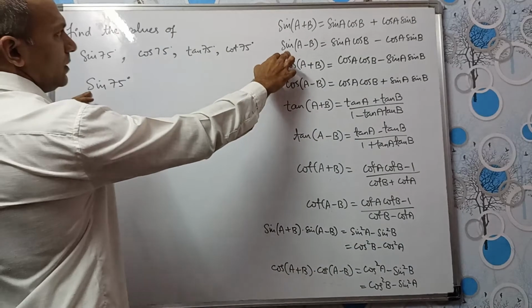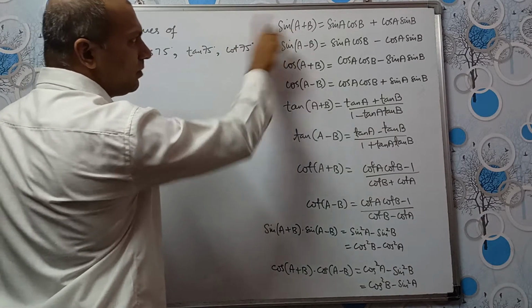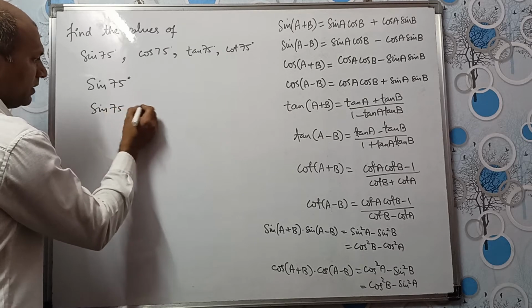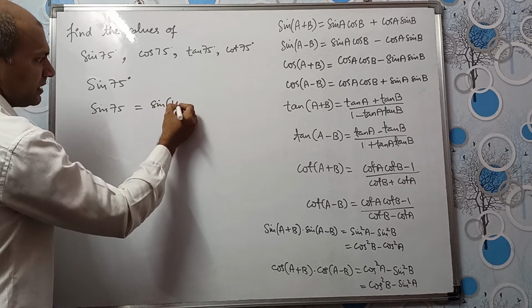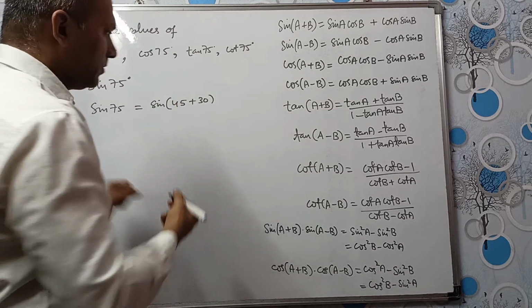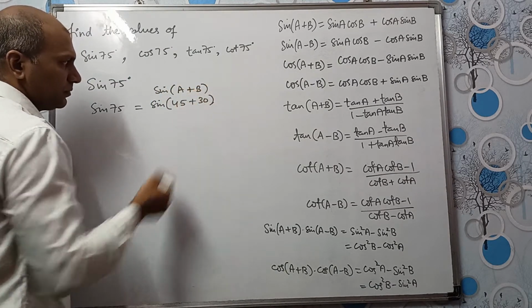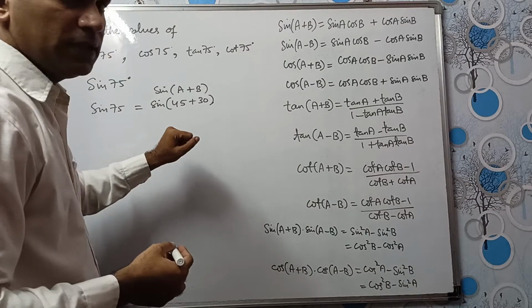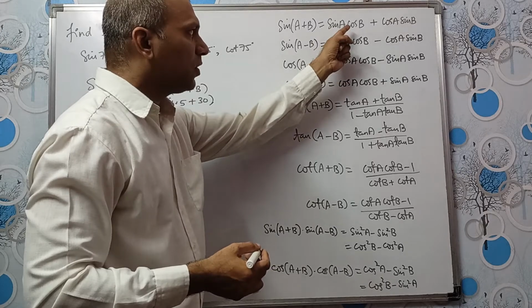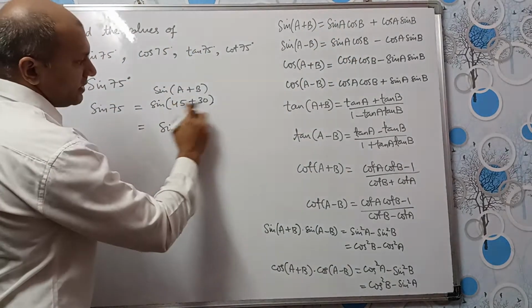And we have sine only in these two formulas, so sine a minus b will not work. So a plus b. Let us check a plus b. How can we write sine 75? Can we write it as 45 plus 30 or 30 plus 45? So this is sine a plus b now, a is equal to 45, b is equal to 30 degrees. If you expand sine a plus b, it will be sine a cos b plus cos a sine b.